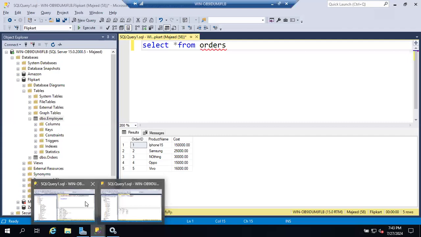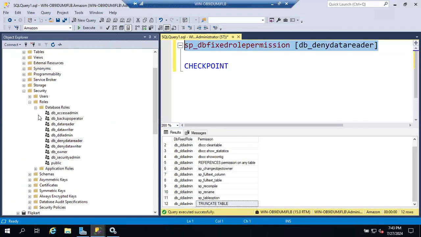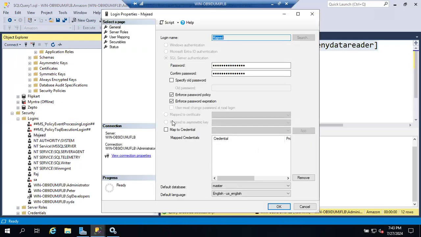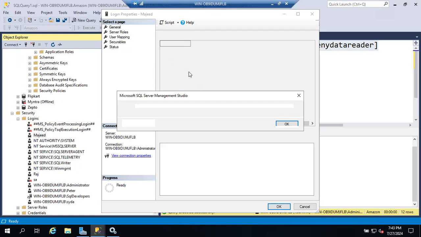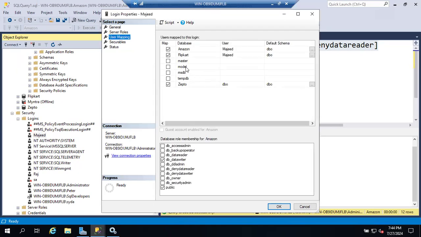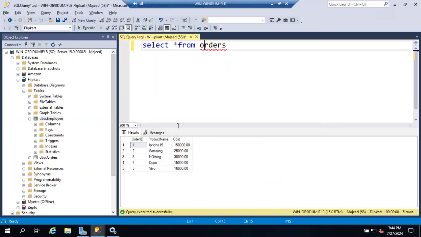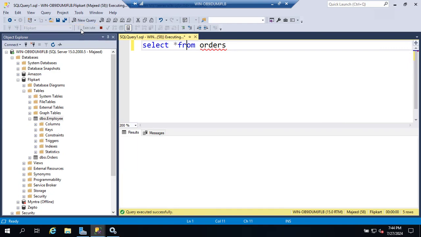Let's go to your administrator connection and add Majid to deny data reader also. Double click on Majid and add him into the deny data reader role. Select the database and click OK. Now let's go to Majid and execute this query. What output will we get, guys? What is the expected output? Access denied, select permission denied. Okay, I'm executing this. See,